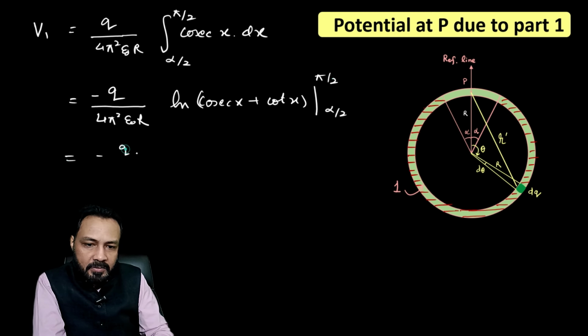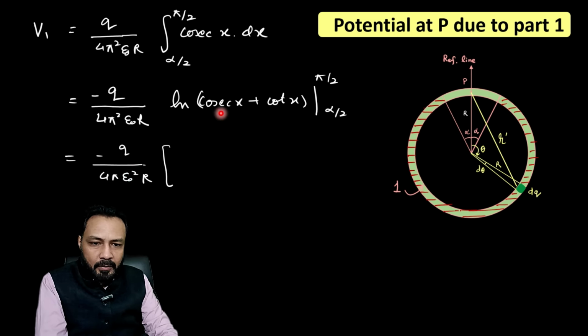So minus q divided by 4 pi epsilon naught square r. When I put the upper limit, that will become ln cosec pi by 2 plus cot pi by 2. Cosec pi by 2 is 1, cot pi by 2 is 0, so that will be ln 1, that is 0. So the upper limit will give me 0, and the lower limit will give me